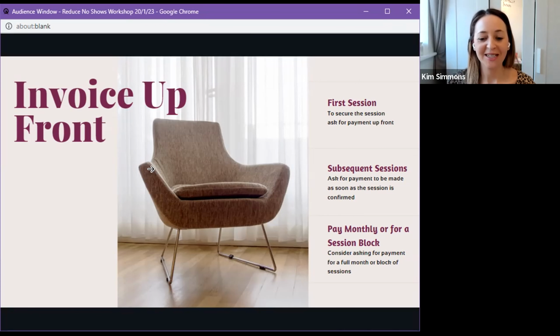Also, it's much easier to enforce your cancellation and no-show policy if they've already paid you. So if they don't turn up, or if they cancel last minute, you can just say, thanks for letting me know. Just to let you know, that session is still chargeable, so I'll see you next week, kind of thing. You don't need to then say, it's chargeable and I'm going to send you an invoice, or there's an invoice attached for your session, because that can cause some